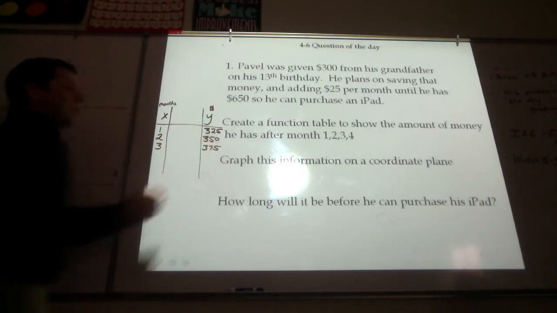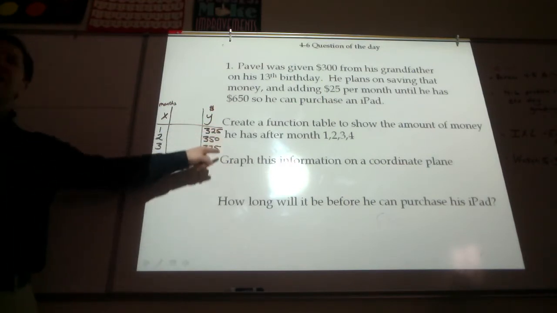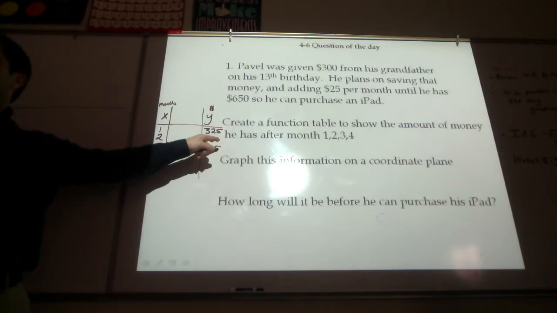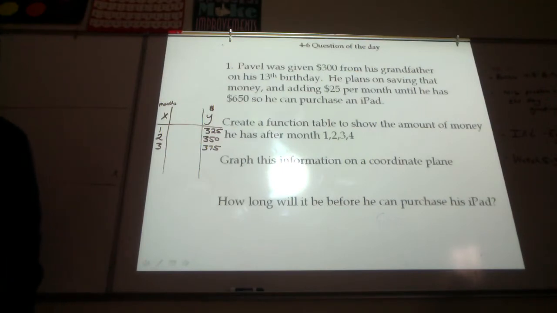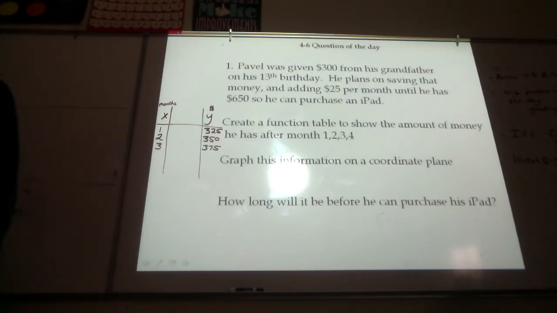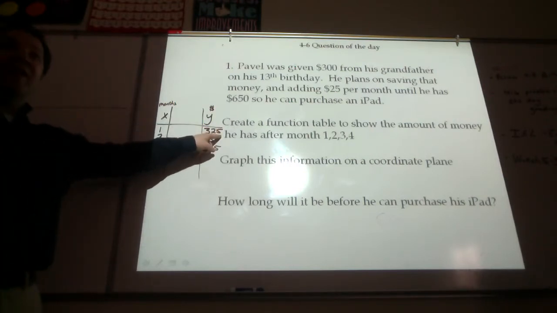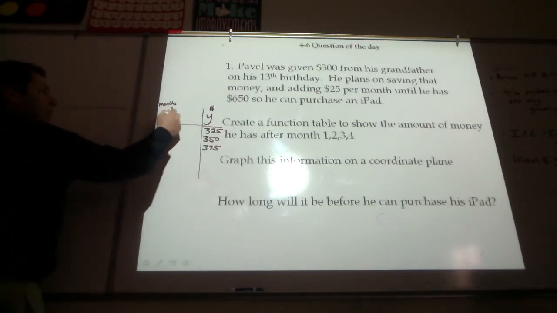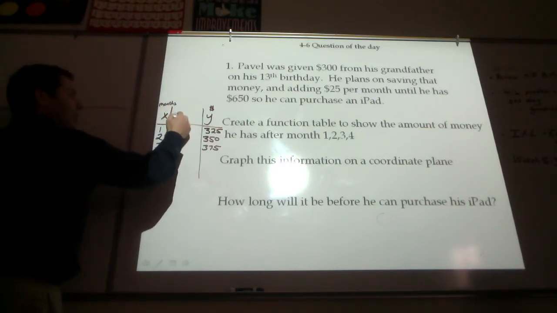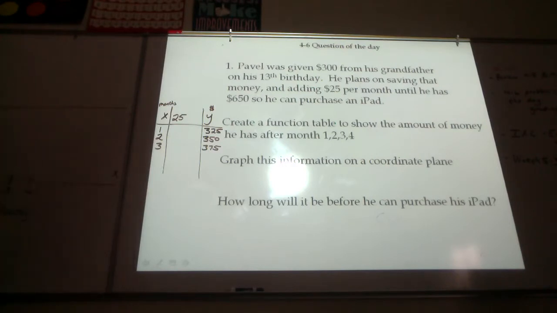Now, does everybody see a common pattern that we're doing right here in our Y's? Does everybody see that? Plus 25? What is it called when we repeat addition over and over again? Multiplication. Multiplication is repeated addition. We see a common pattern of adding 25. So right away, I know that I need to take 25 and multiply it by a number. What do we need to multiply 25 by? Yeah. 25 times that, or $25